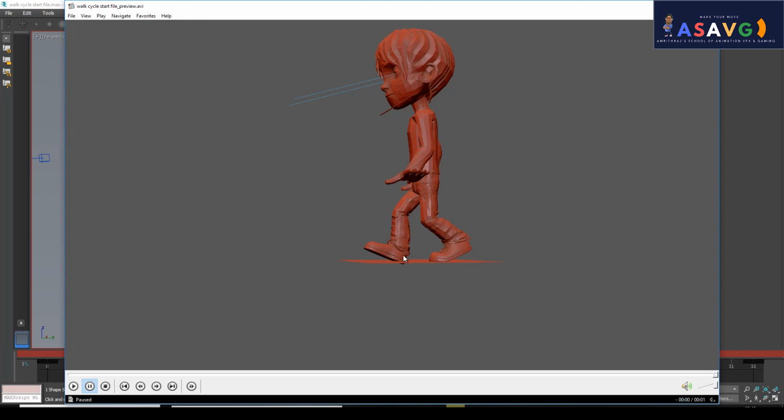Okay, now it's looking fine, right? Penetration and all we will be fixing in the coming classes. You understand, right? From the next class we will be fine tuning the legs more, as well as we are going to animate the head also, and the hip rotation, as well as the shoulder rotation also.